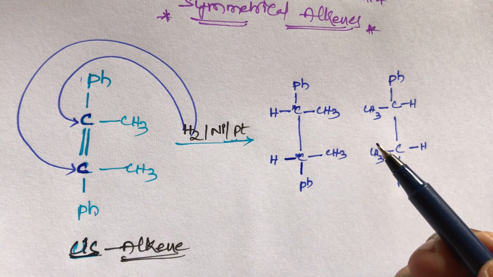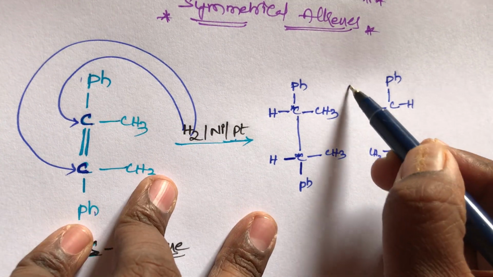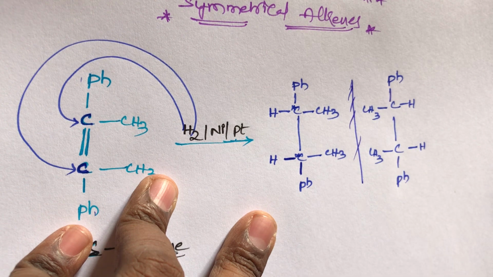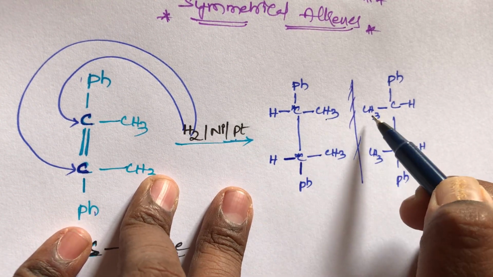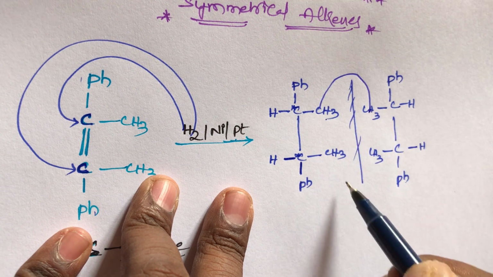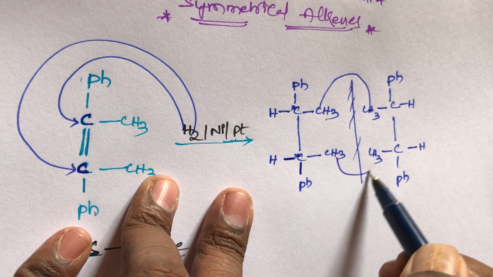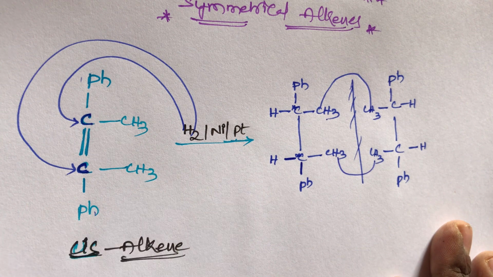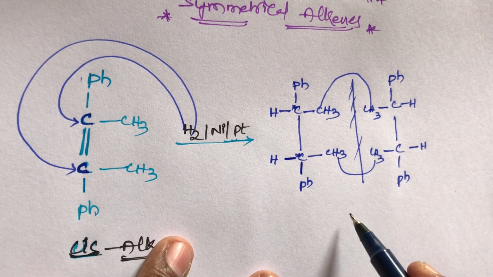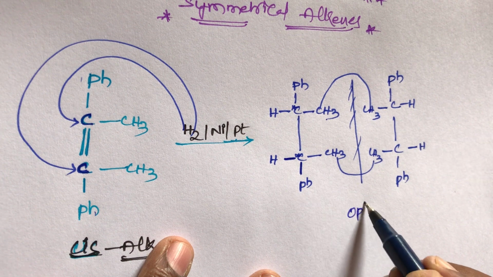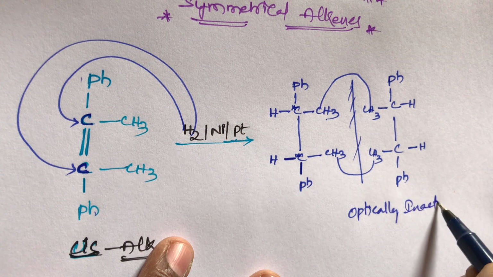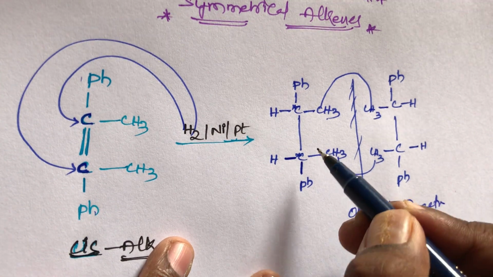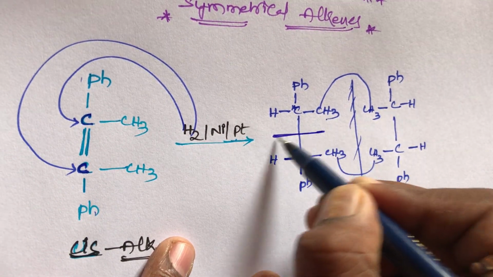Whether optically active or inactive, are these both mirror images or not? This is mirror images. Why? Because the methyl group is present on the right hand side here, but there the methyl group is on the other side, so these both are mirror images of each other. But is it optically active or inactive, student? This compound is optically inactive. This is not an enantiomer, this is optically inactive. What is the reason, student? Optically inactive due to the presence of a plane of symmetry. This compound has a plane of symmetry.